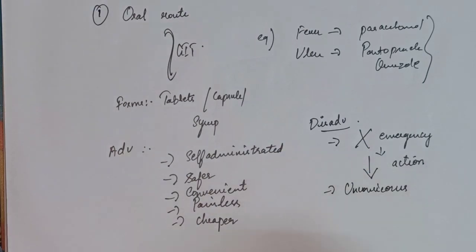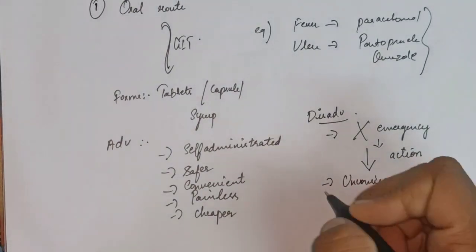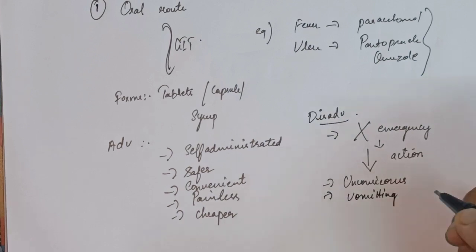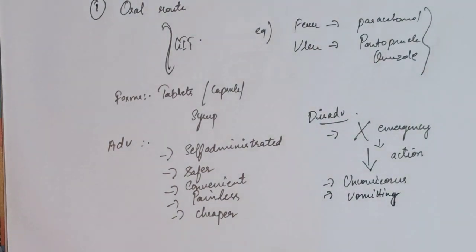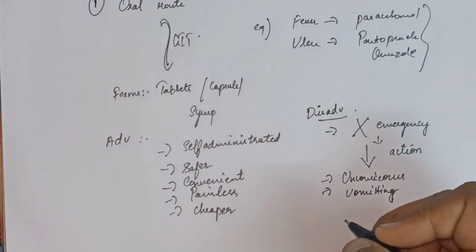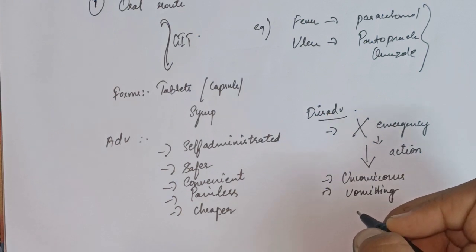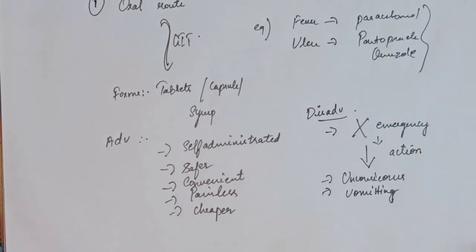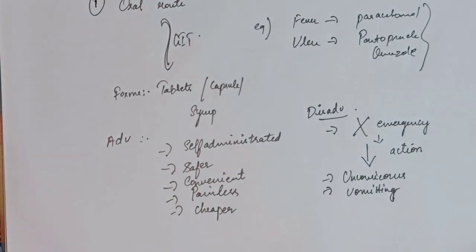throat region, right? Next, in severe vomiting and diarrhea condition, because if you are giving oral tablets, the patient will keep on vomiting and they'll spit out the tablet, or it will come out through vomiting itself. The patient who is suffering from vomiting or diarrhea won't get the vomiting stopped, right? So in severe vomiting and diarrhea condition, you can't give the oral route until you stabilize the patient. Okay, then